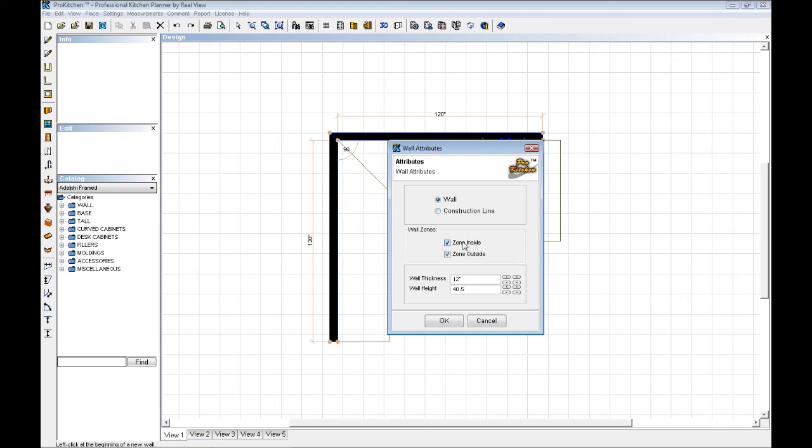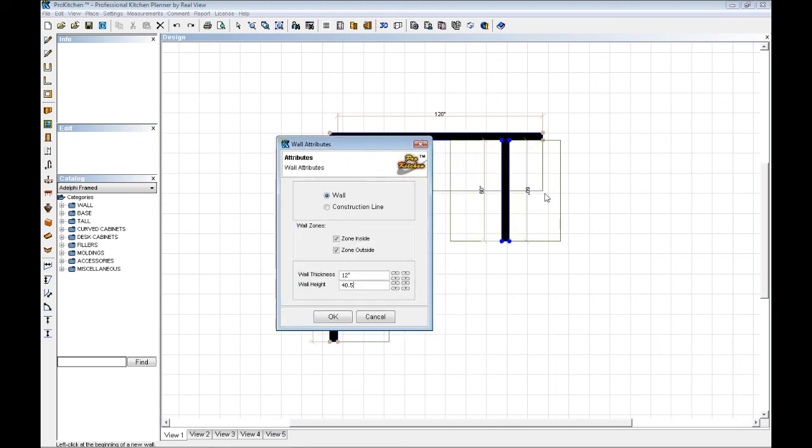The other thing it allows me to do is change my inside zone or my outside zone. The importance of zones is as follows. If I were